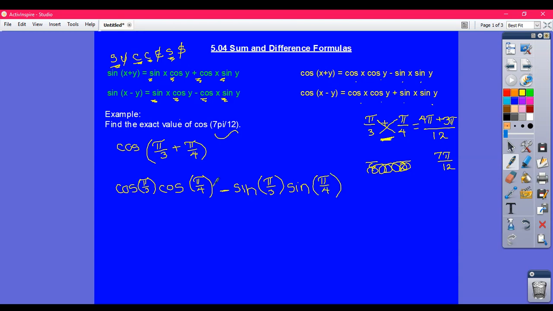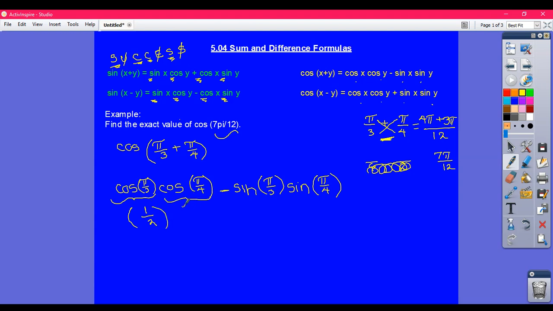All right, so this is the trick about Module 5. It is always trig, and then from there, algebra, then the unit circle. So once you apply the trig part, know that you're going to take it back to either Module 4 or Algebra 2. You're either going to apply the unit circle or you're going to do some algebra. So in this case, we have some unit circle values. The cosine of pi over 3, if I look at the unit circle, is 1/2